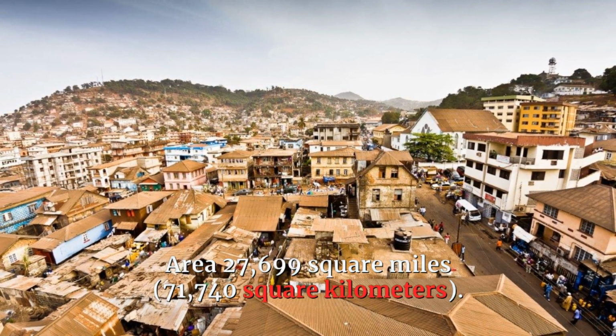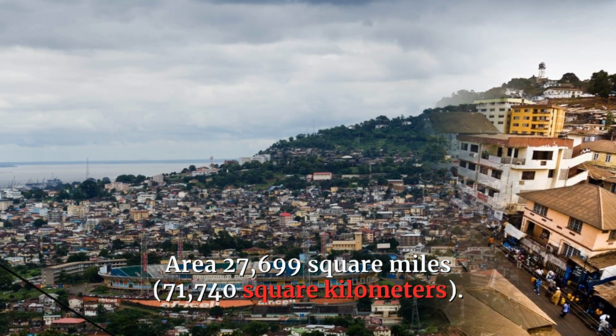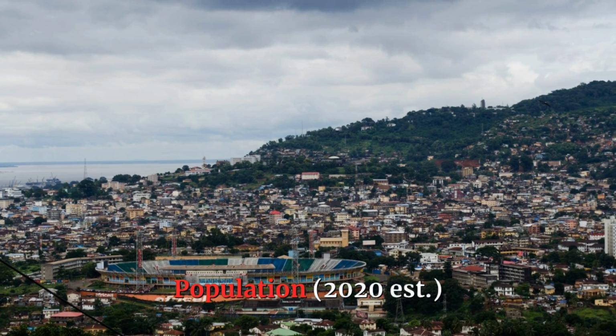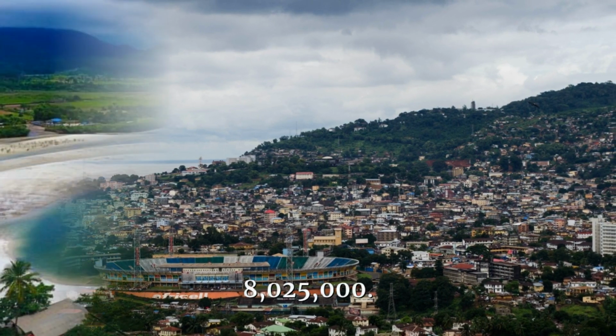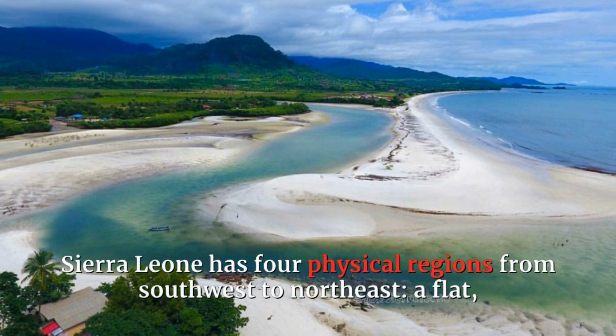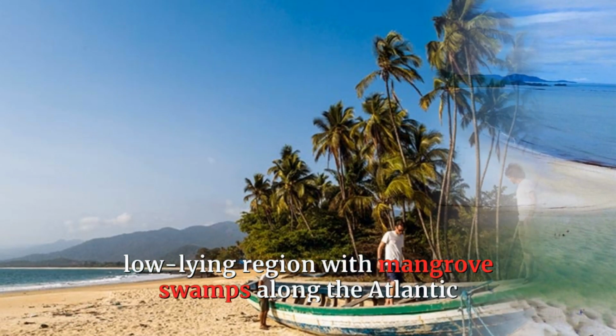Area: 27,699 square miles, 71,740 square kilometers. Population, 2020 estimate: 8,025,000. Sierra Leone has 4 physical regions from southwest to northeast: a flat, low-lying region with mangrove swamps along the Atlantic coast,